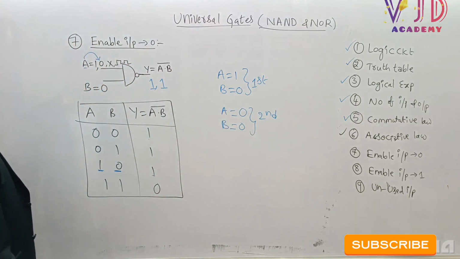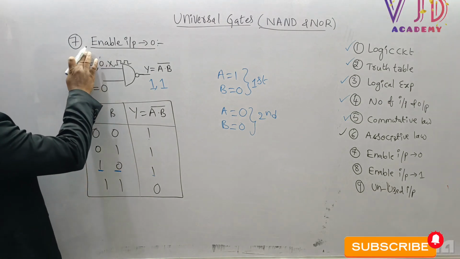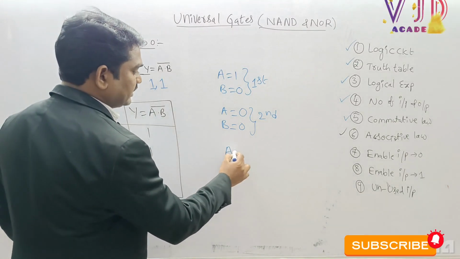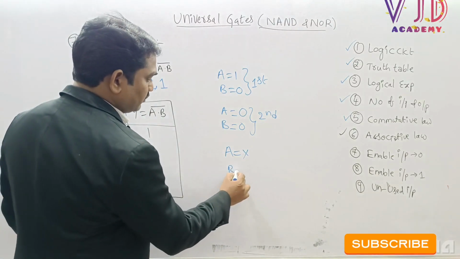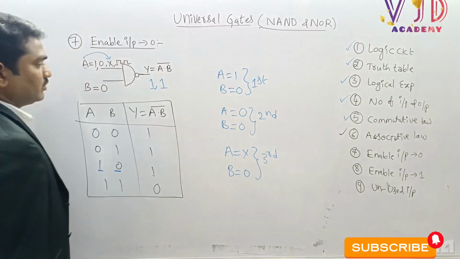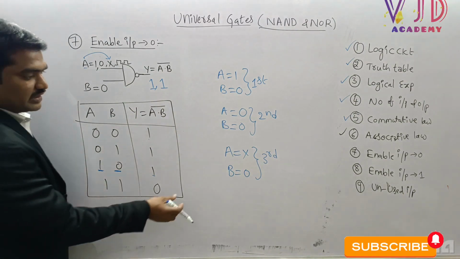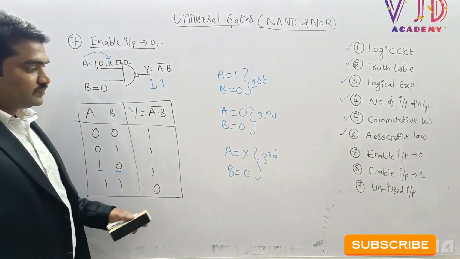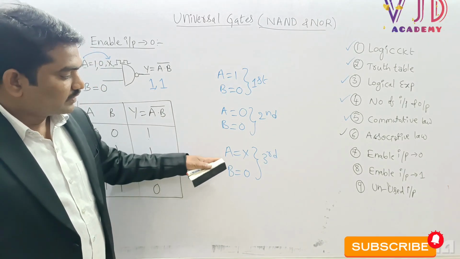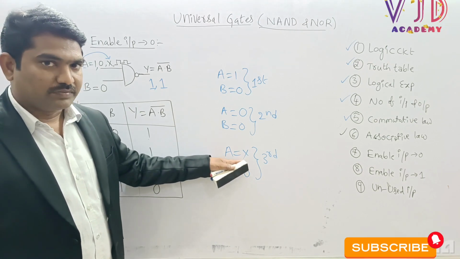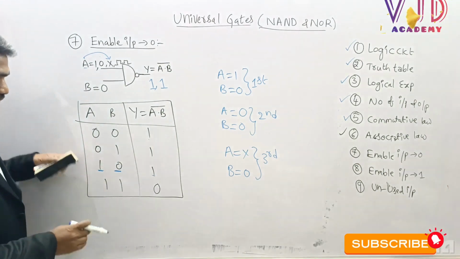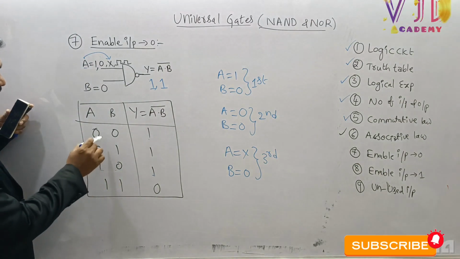Sir, let me take the third condition. The moment I take A equal to X, instead of 1 and 0, some other element, A equal to X and B equal to 0. This is the third case. What will happen when we take A equal to X? Sir, when the examiner is asking about this type of condition, when the input is X or a square wave or whatever it is, we just need to follow some logic here. When we look at the truth table,